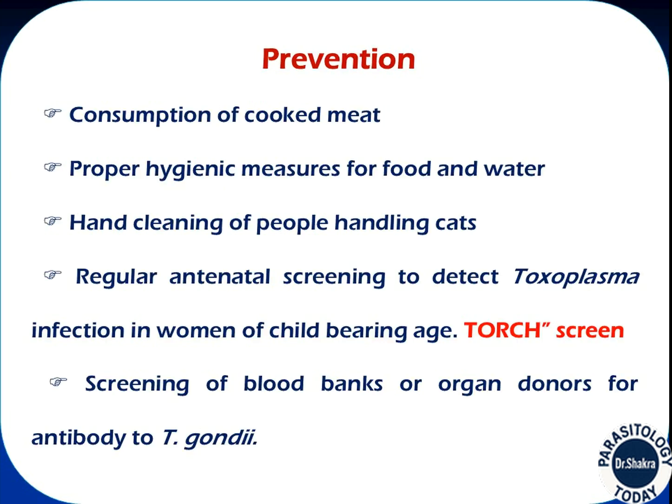Prevention of toxoplasmosis. Prevention focuses on avoiding infection through good hygiene and screening practices. It includes eating only well-cooked meat, maintaining proper hygiene for food and water, and ensuring thorough hand washing, especially for individuals handling cats. Regular antenatal screening, particularly the TORCH test, is recommended for women of childbearing age to detect toxoplasma